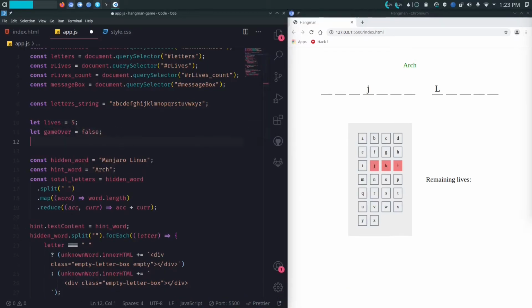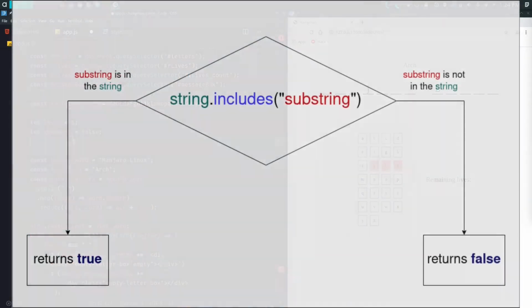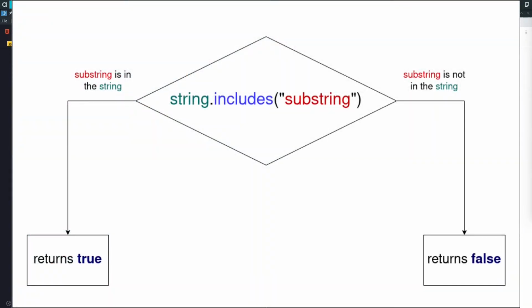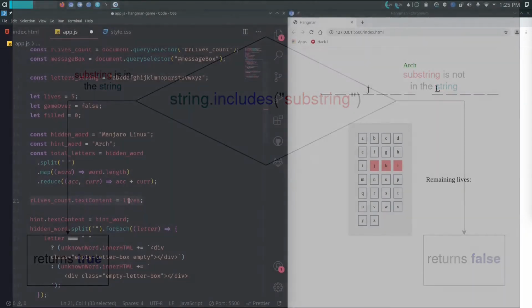I can use the includes method, which will return true if the string or letter specified in the parameter is in the string, else returns false.